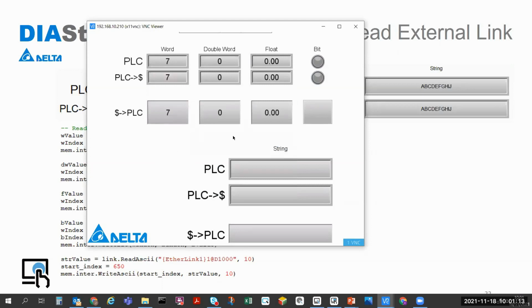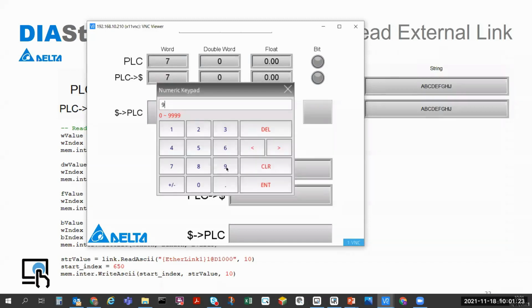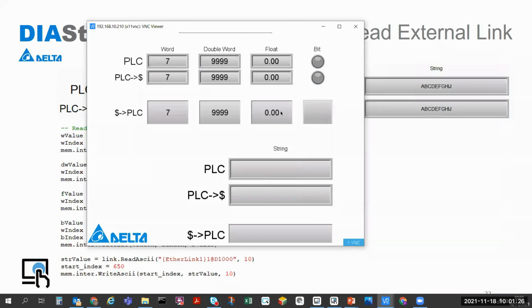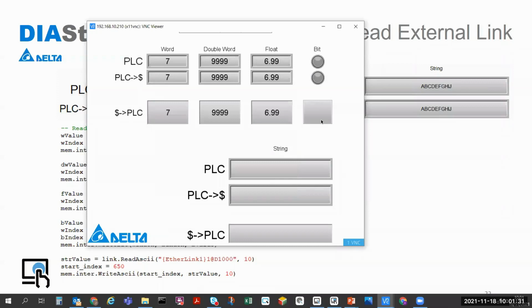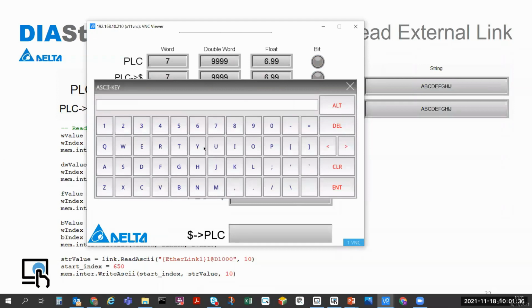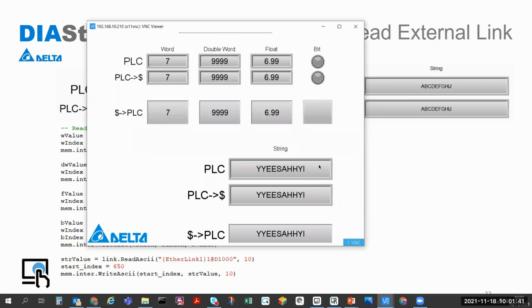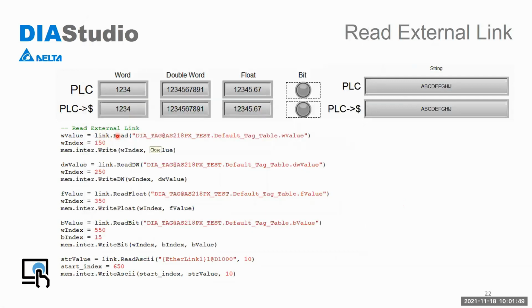It's zone, but you can see the difference between the first writing and then the next one. Again, for the double word, for the float, also the bit. Okay, you see it's a quite similar function to the ones we saw before, the ones to write into internal